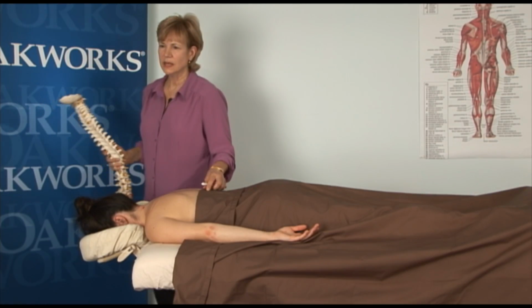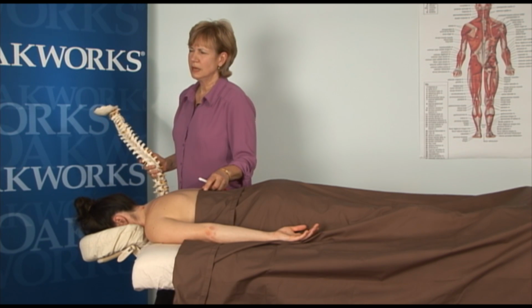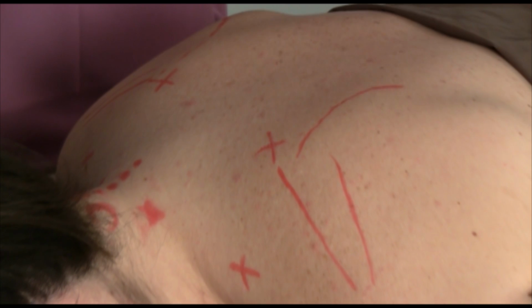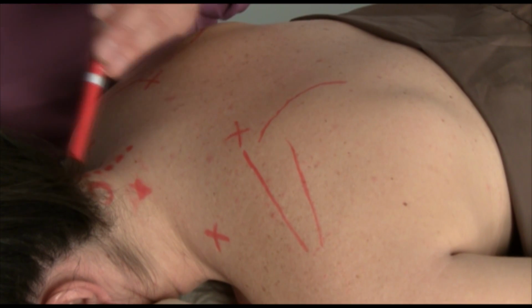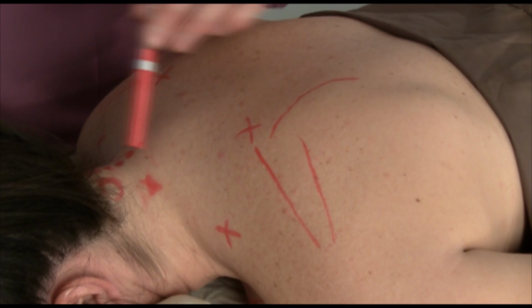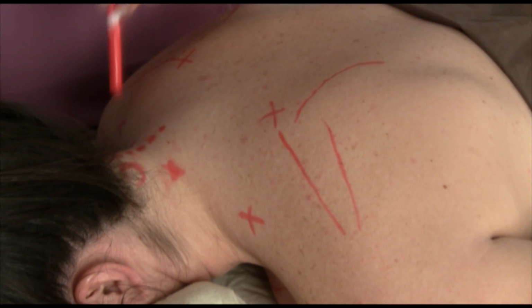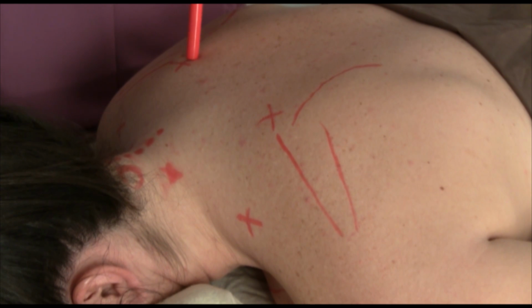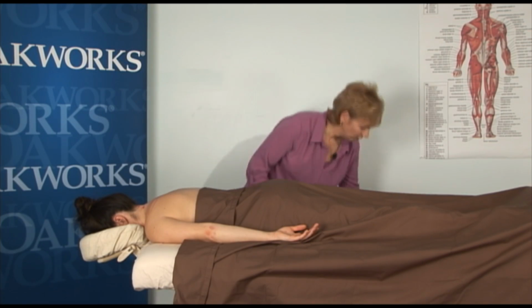Remember that the tender points are located at the insertions or origins and many times bony prominences, and this is one very, very good example of just that. So we've got upper cervical, we've got the mid to lower cervical points, we've got the trapezius points, and we have the levator scapula. Now, as we move further down the body,